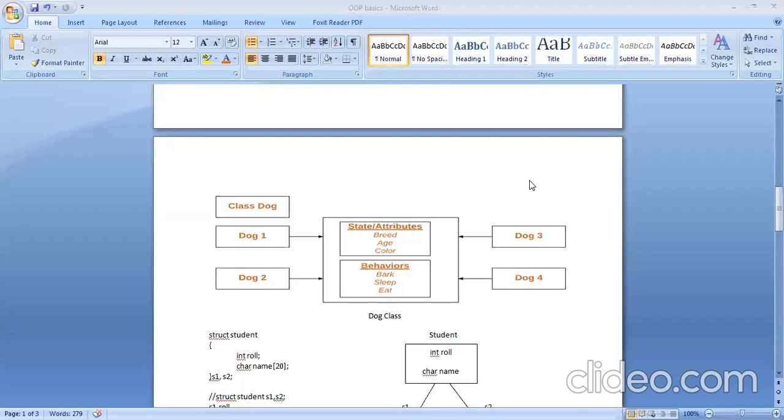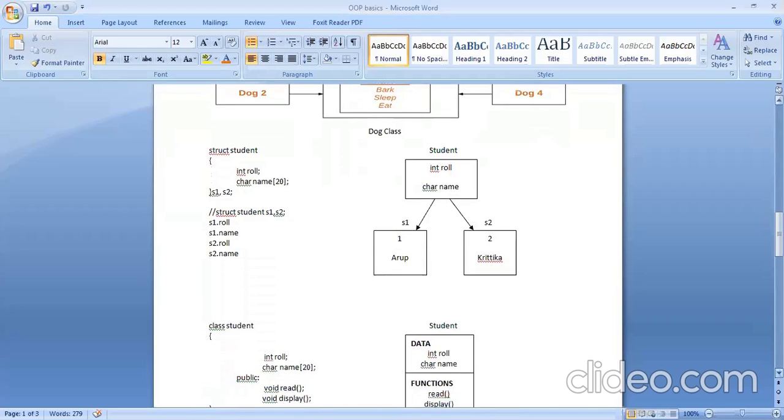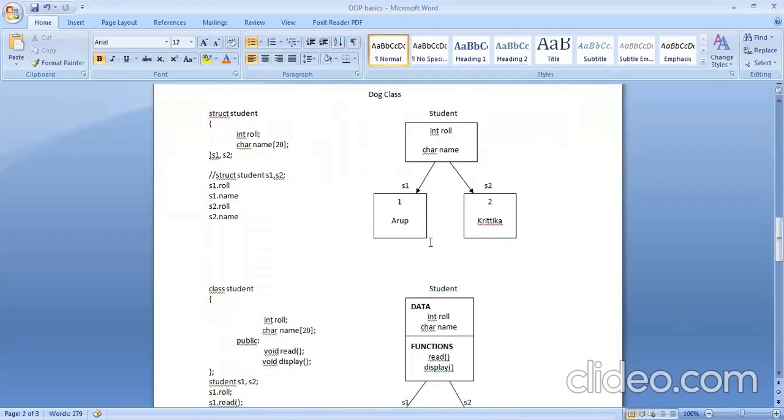Now we see one example here. Since you have done C programming, you will be able to relate it better. You have used structures. What is the purpose of using structures? A structure is a user-defined data type. You have gone through basic data types such as int, float, character, double, boolean. All these are the basic or primitive data types. Then you have gone through the derived data types, that is arrays, pointers, functions.